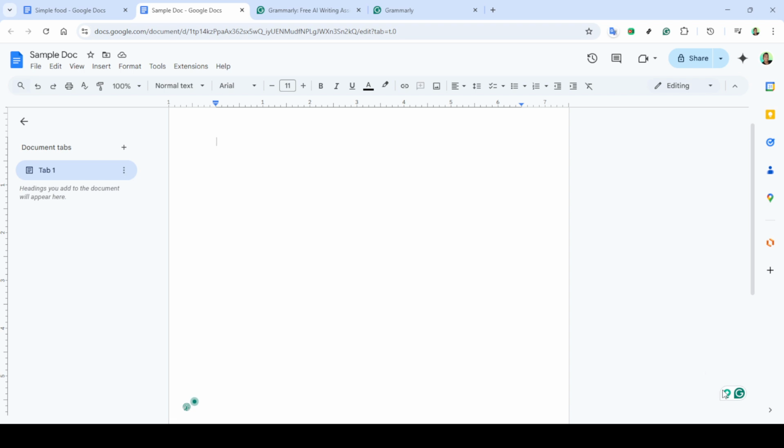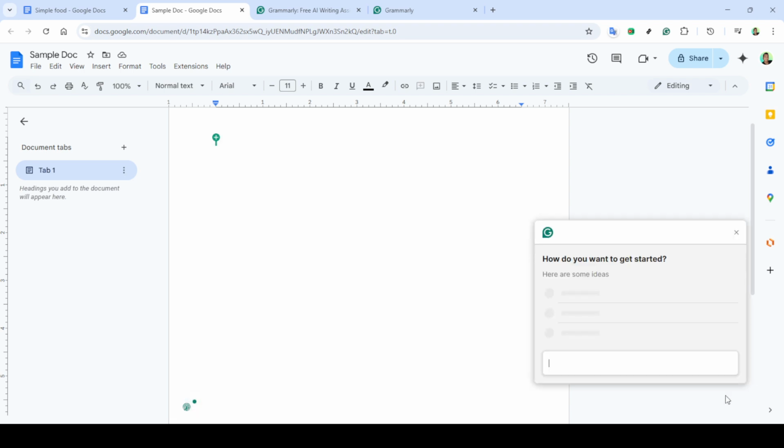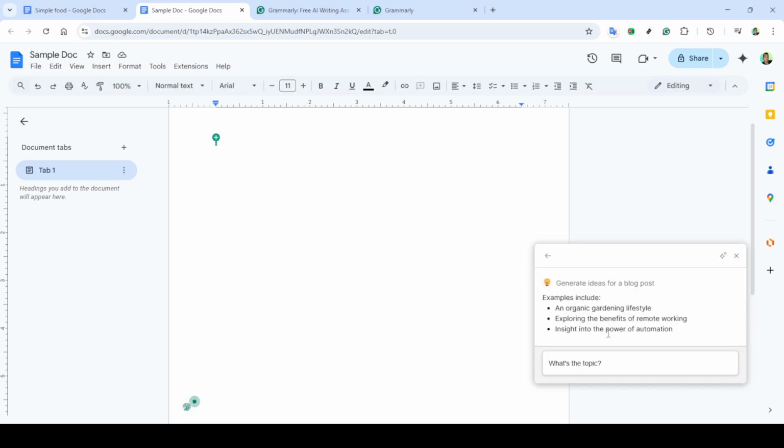Finally, by incorporating Grammarly's insights into your daily writing routine, you'll start noticing significant improvements in readability and clarity. And that's how you master the use of Grammarly, improving your writing